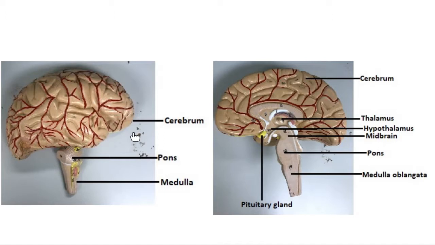Just now we finished the brain. So identify this, the cerebellum. What is the connection between these? How is it connected? The cerebellum is connected by the corpus callosum. This structure is called the corpus callosum. Next. If you give only this, what is this? You will write pituitary gland. Name 4 hormones secreted by this.